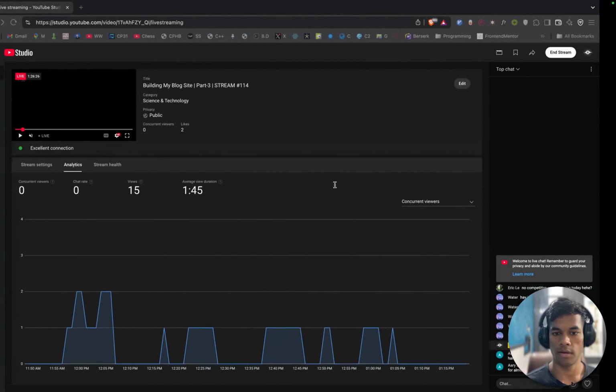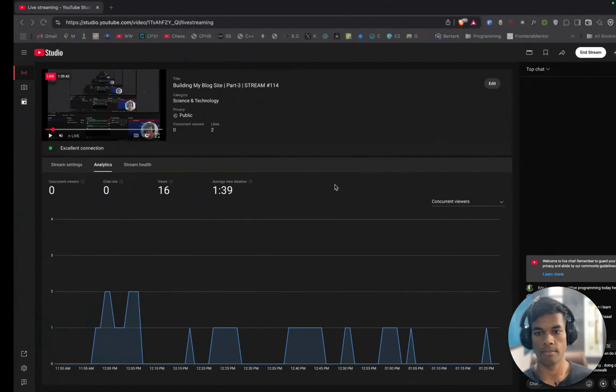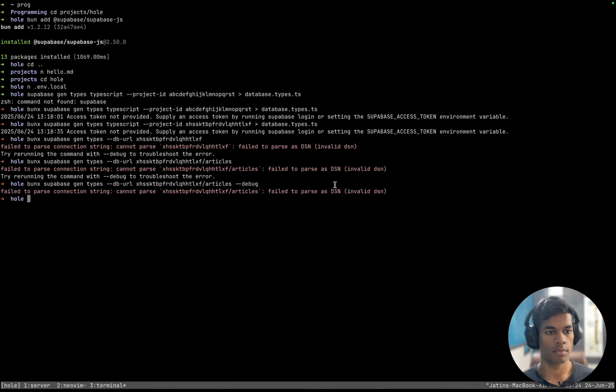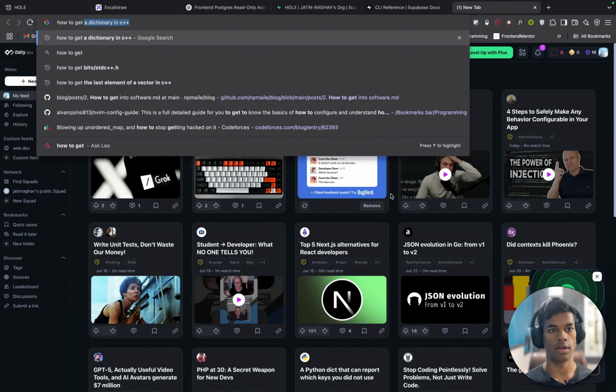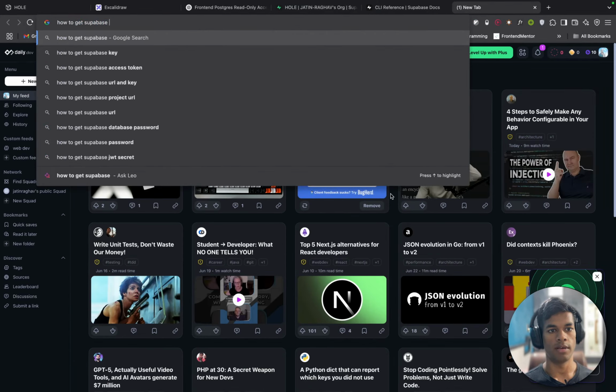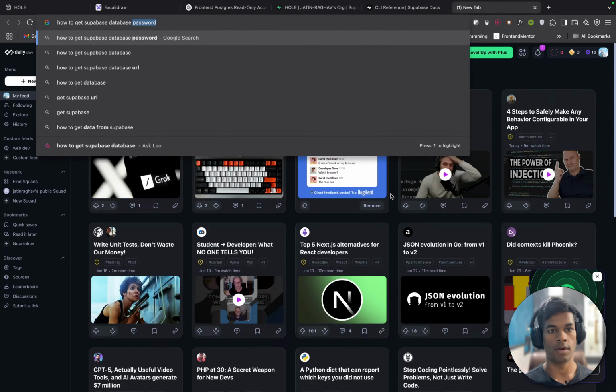Resolving, and then it won't be able to resolve. Yep, cannot parse this, failed to parse DSN, invalid DSN. How to get supabase DSN, database URL.